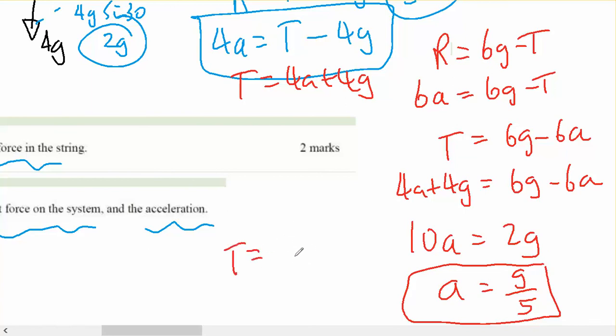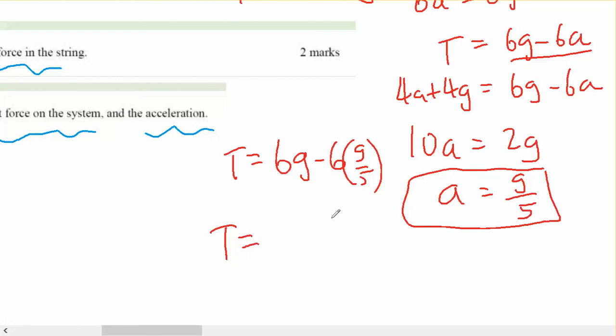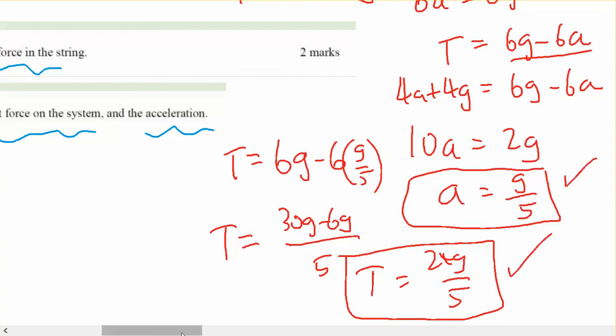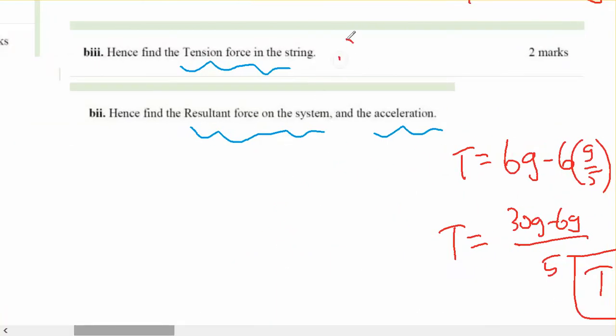T will equal 6g minus 6 times g on 5. T will equal, all on 5, 30g minus 6g. T equals 24g on 5. So I found the tension, I found the acceleration. What else was the question asking? Tension is 24g on 5 newtons, acceleration is g on 5 meters per second squared, and the resultant force of